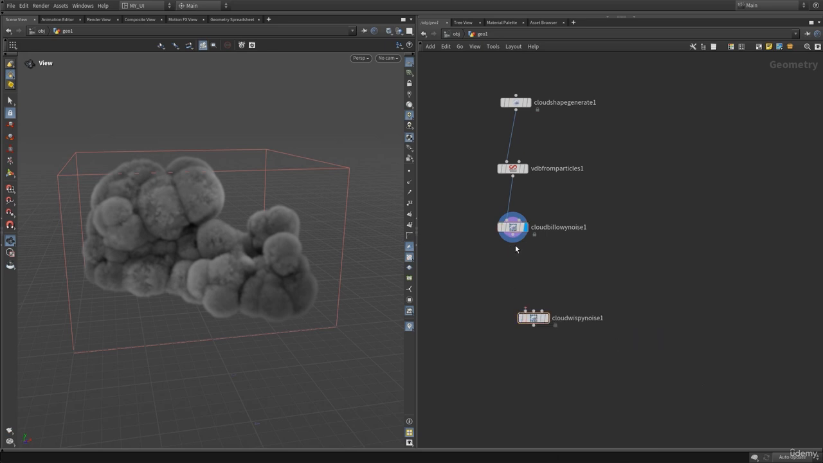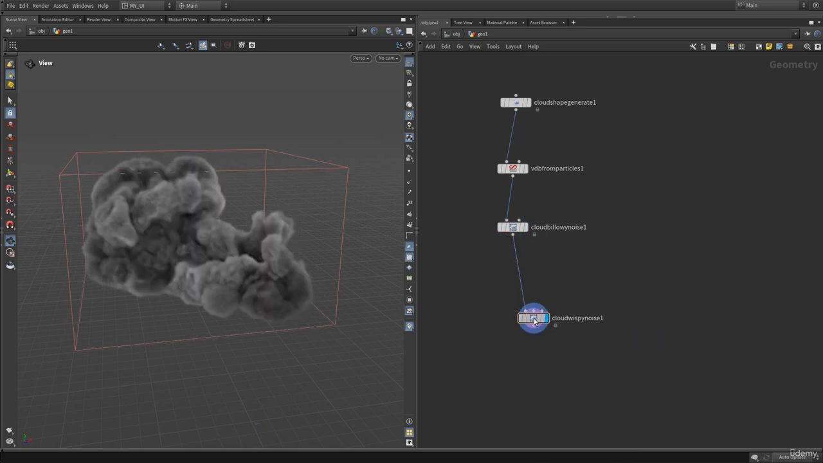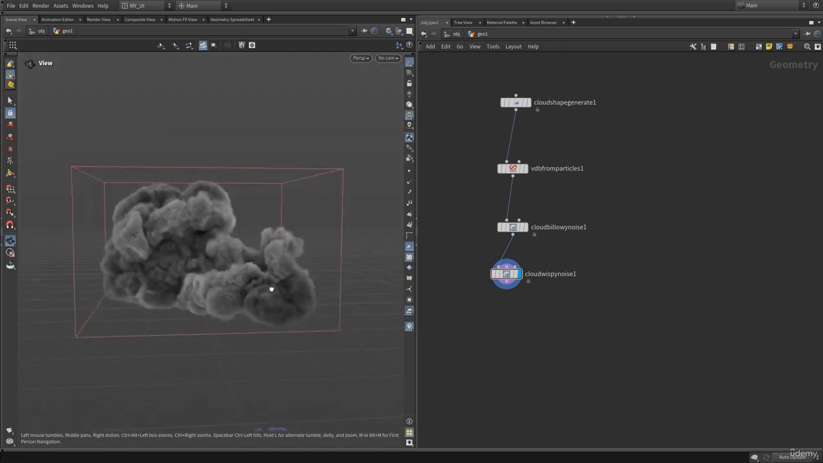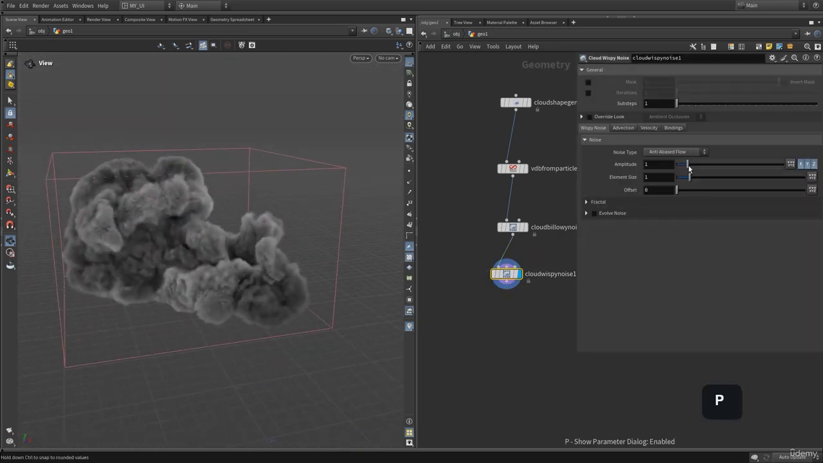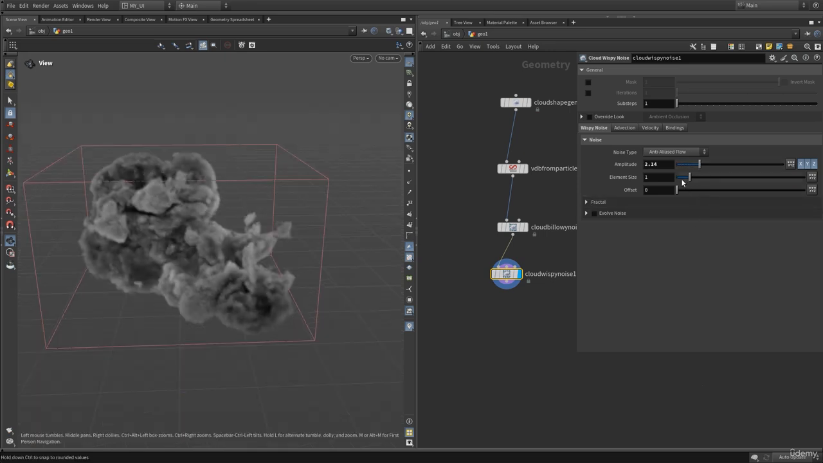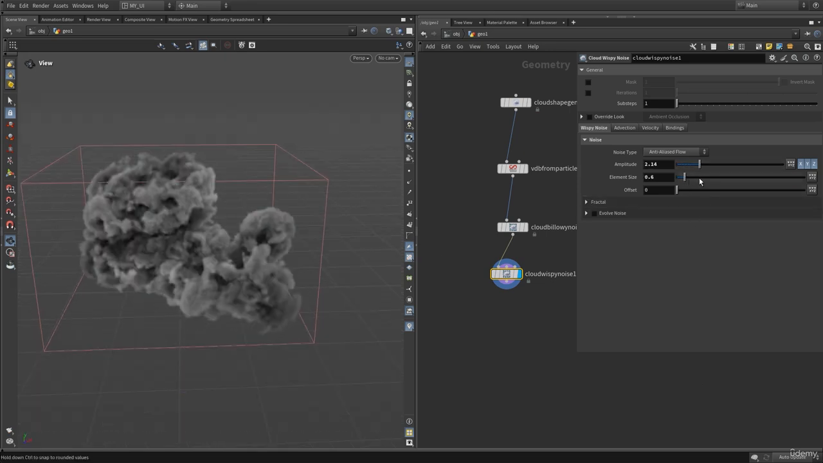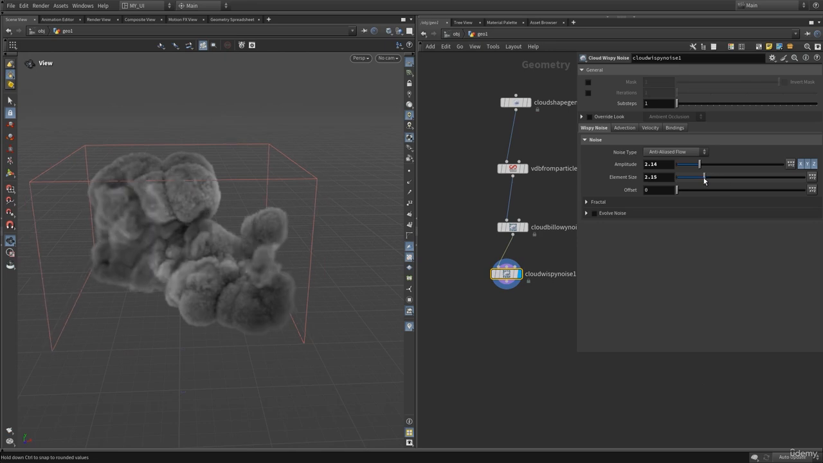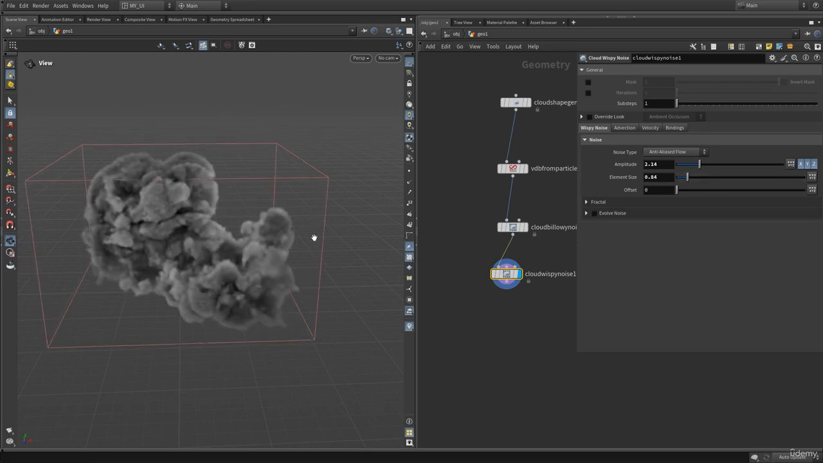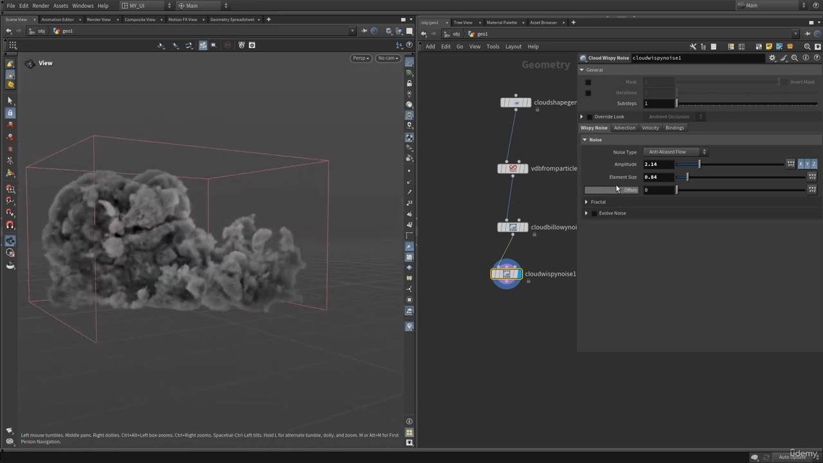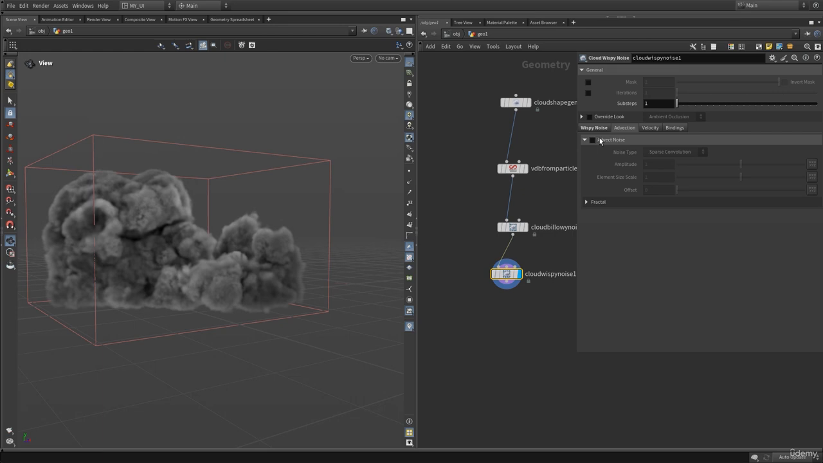Let's add this and connect this, and here as you can see we are creating this wispy type noise. Let's bring up the parameter. Here I can adjust the amplitude, and same thing we have the element size. I can increase the element size to create high frequency or low frequency noise. I'm going to just create a high frequency noise, and maybe let's lower down the amplitude value, and same thing,